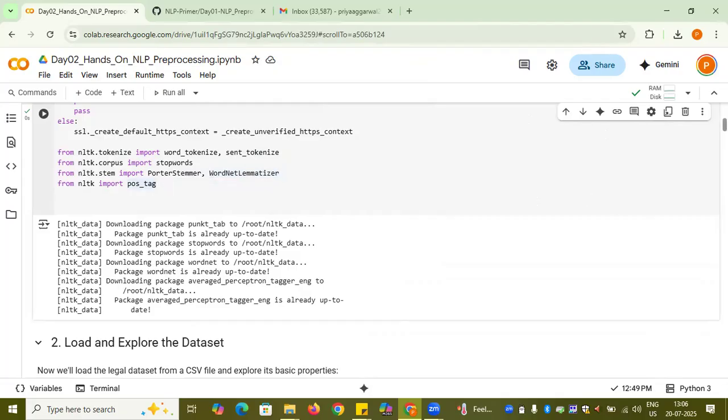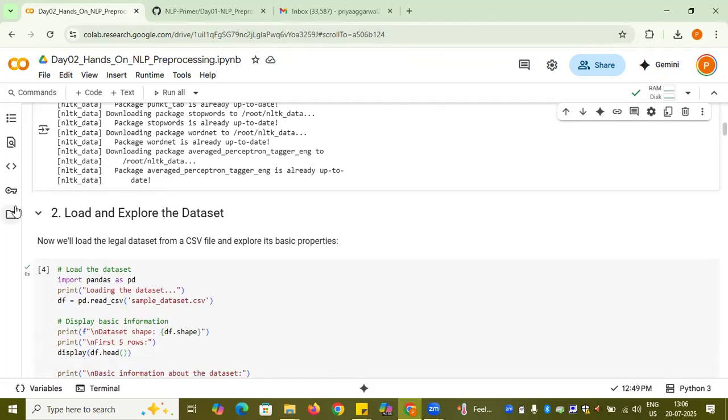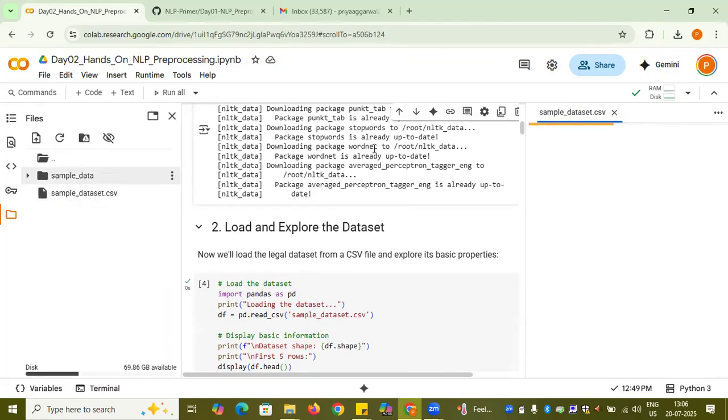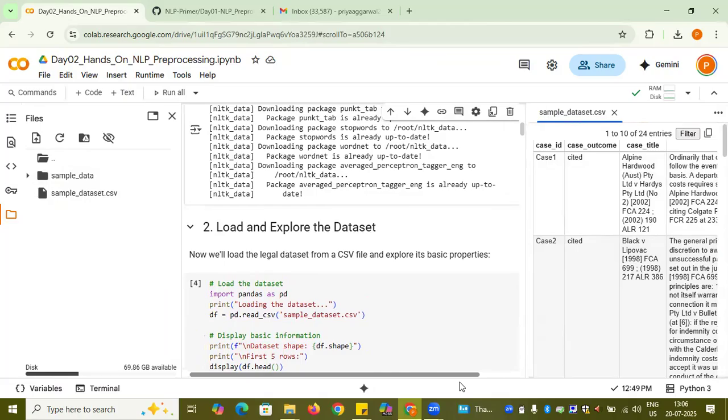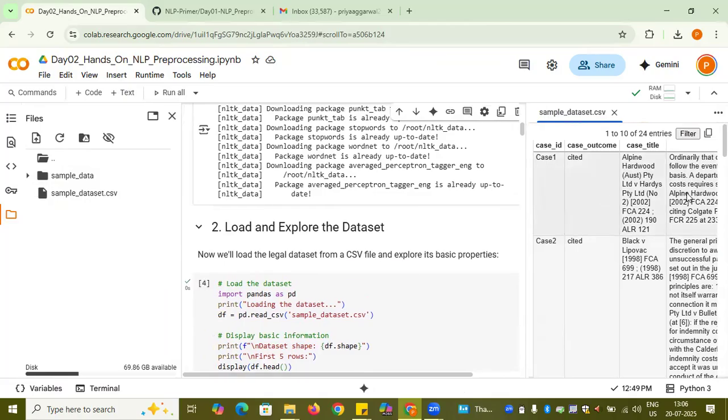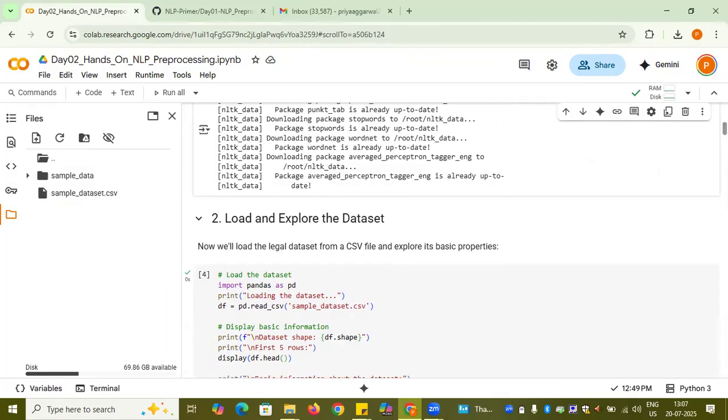Now comes the real challenge. I have some data with me already here. If you see, this is the sample data. What do I have in that? Let me open it. I have some case IDs, I have some outcomes. This is the case title, and all those things are here. And then after that there is a case description which is coming here. So this is raw data. In order to do some hands-on with real data, I am considering this data as my input data. Let's just close it to make the screen bigger.